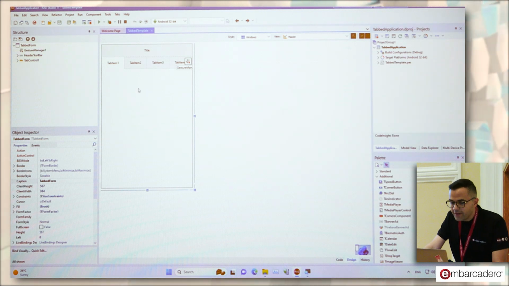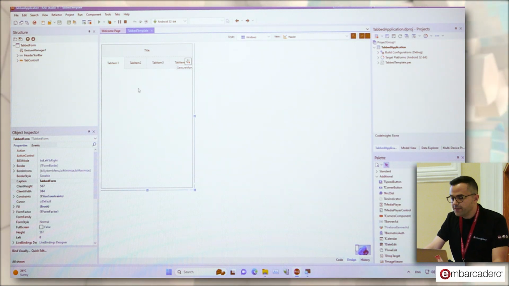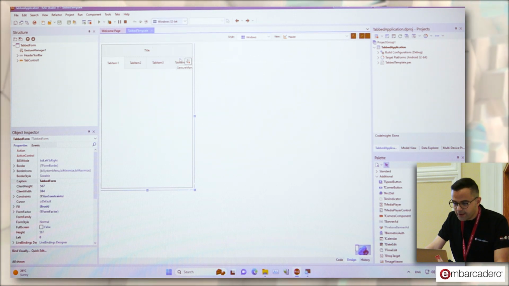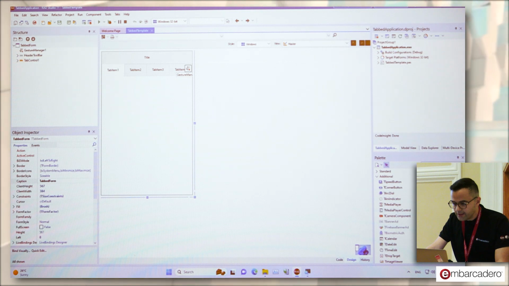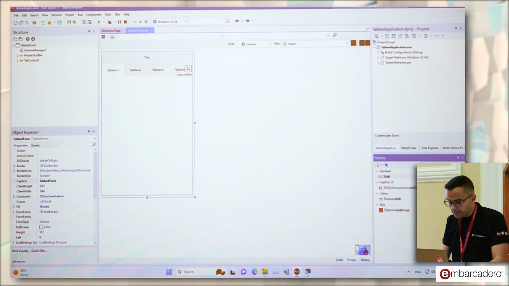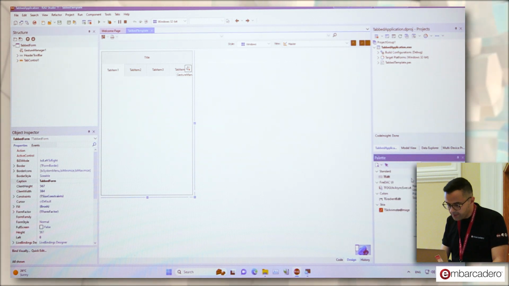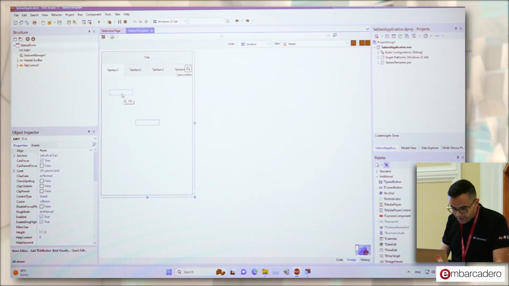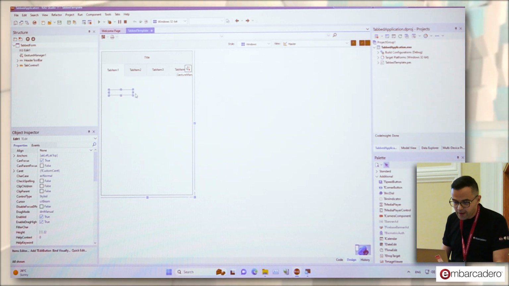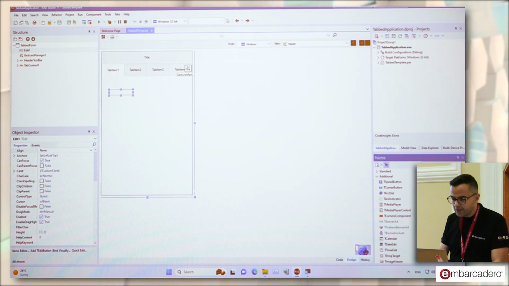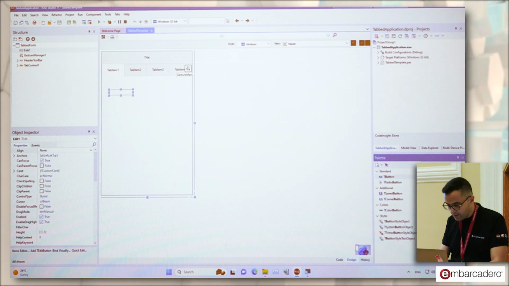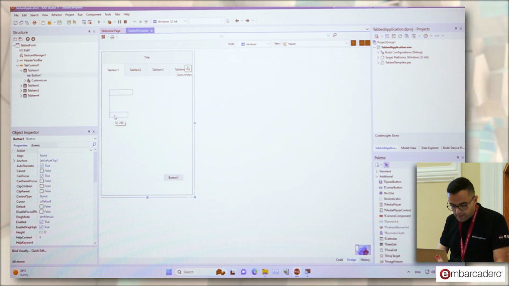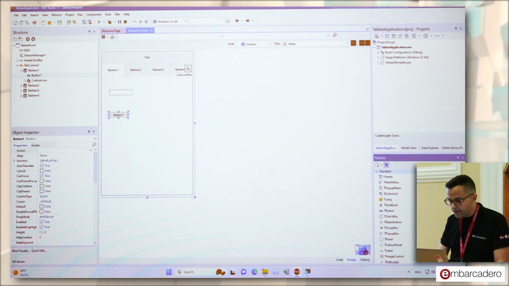Okay, so now we have a tabbed application, very, very simple stuff. And we can also compile this already for Windows. Let's add, for example, just a TEdit, which I'm sure you have used in the past, for sure. And also, let's drop a button. And just, I don't know, a label.